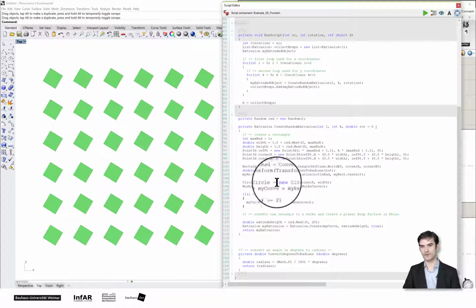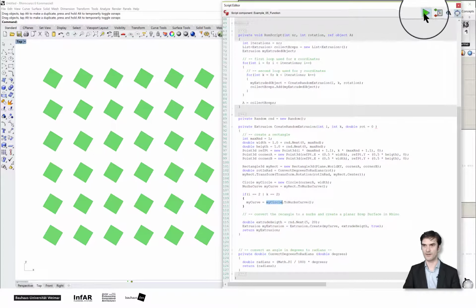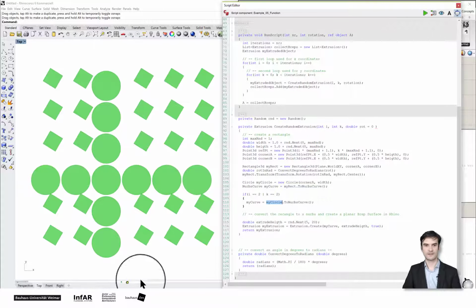So then I override it with the circle that I just defined here. But only if these two iterator variables equal 2. So what happens? Ta-da! Here I change at the second column and the second row, respectively the third, because we start with 0, so 0, 1, 2. I change it to a circle,